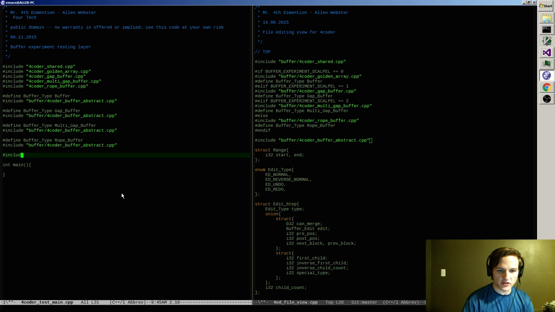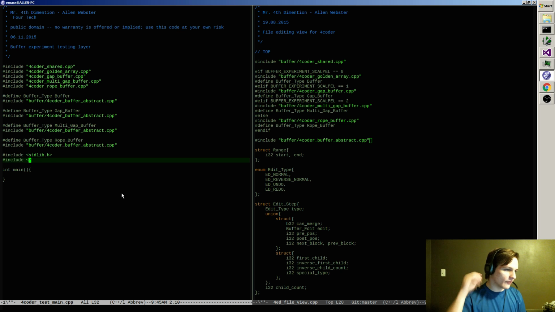I'll probably just include some standard stuff here. This is not an appropriate kind of project to go platform dependent. I'll take the hit and have the dependencies because I'm just running this everywhere to measure stuff, not to be a super useful product, right?